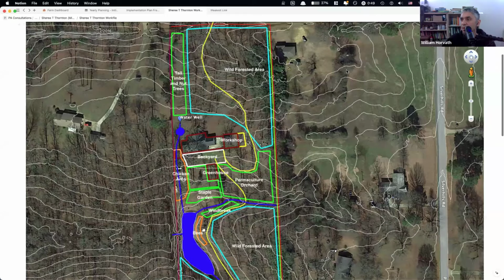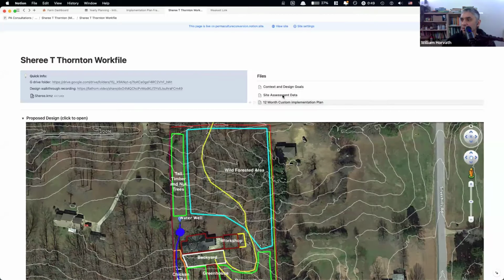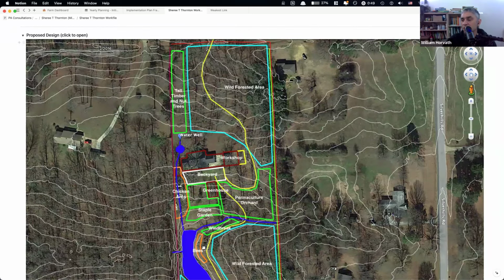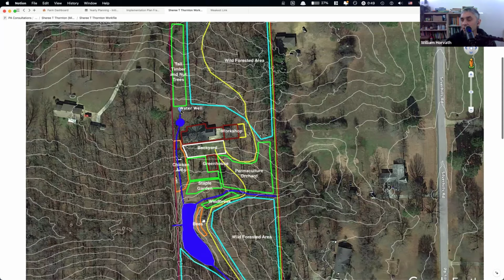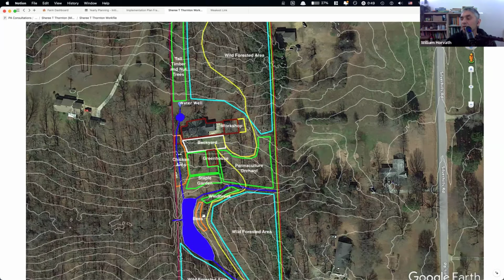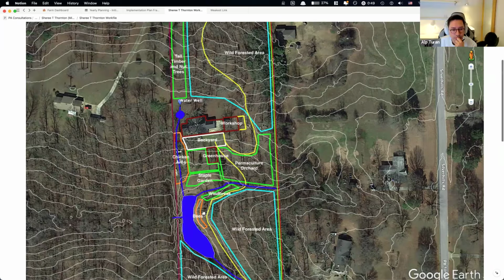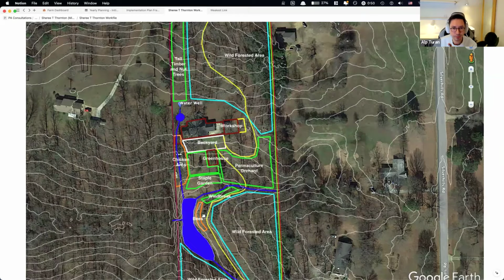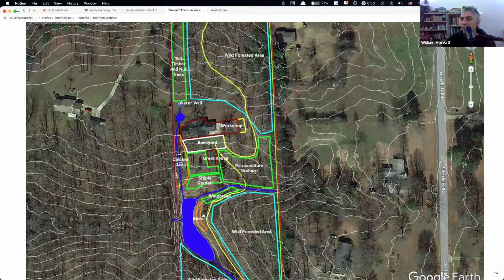You spend more time in context and design goals and site assessment, and then this is like an iterative process. So once I do this, there is always that feedback from the client, and we discuss it, and maybe we change a few things, edit. But this is not done in professional software. This is done in Google Earth, basically, and the positioning is important, and the main elements, like the mainframe, is the important thing, and then when you get to